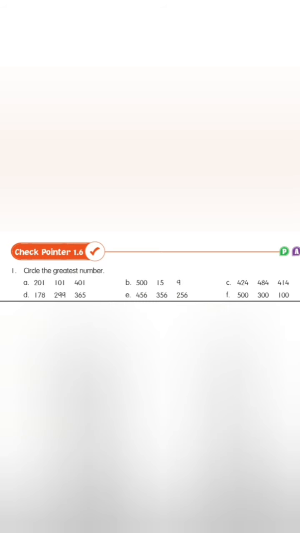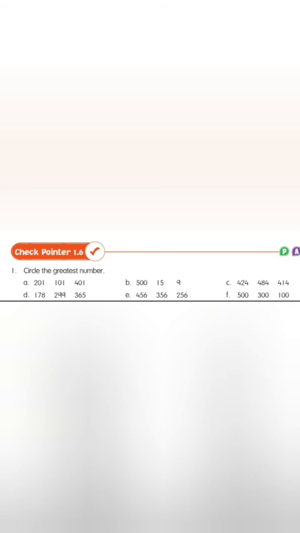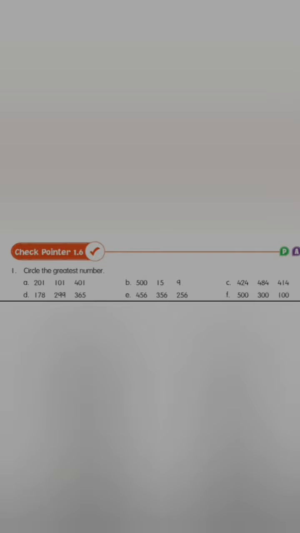Next question is 500, 15 and 9. So as we all know, a 3-digit number is always greater than a 2-digit and single-digit number. So here 500 is the greatest number. Like that, you have to complete these sums, and let us move towards the next main, that is circle the smallest